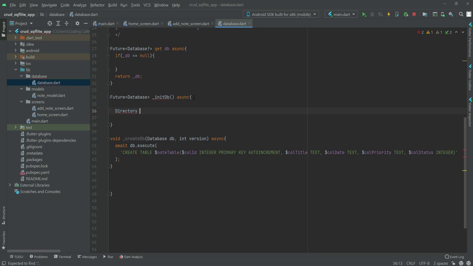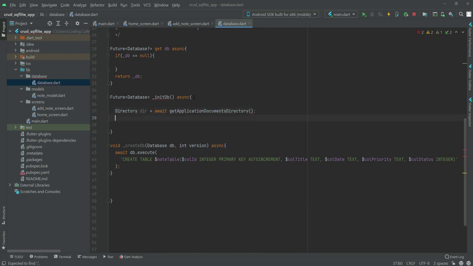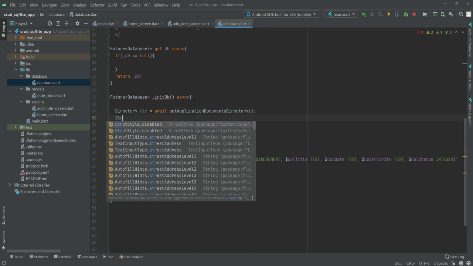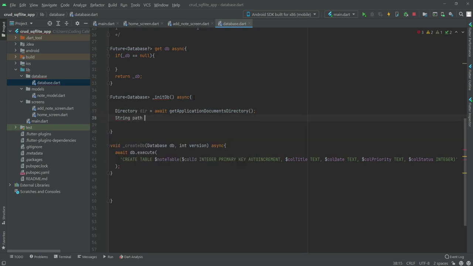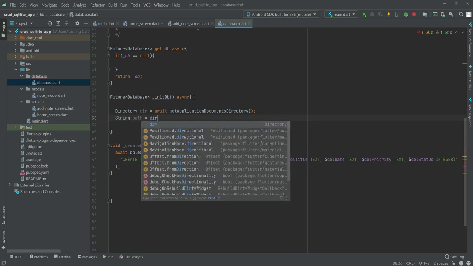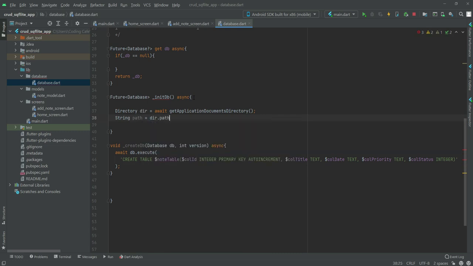So Directory, then we have a dir variable, and then right here we will type await getApplicationDocumentsDirectory, and then we will create a String by the name of path, and it will be equal to dir.path plus, so the directory path, and then plus '/todo_list.db'.